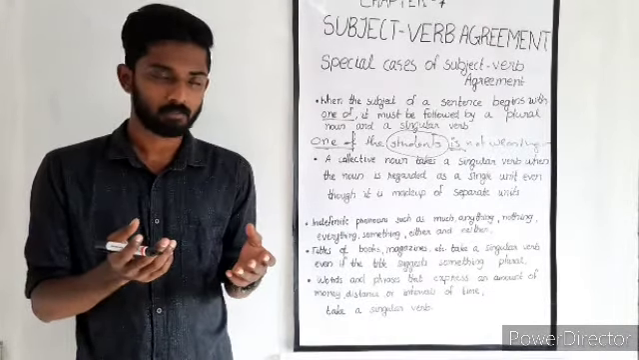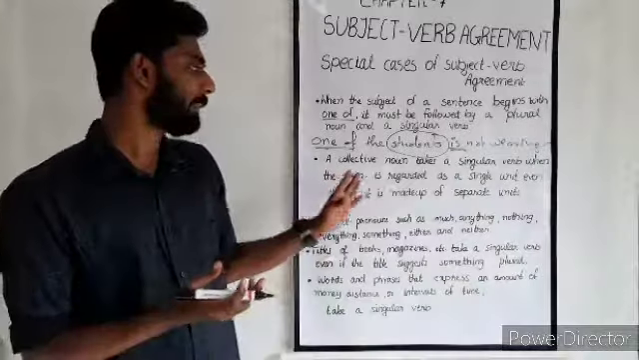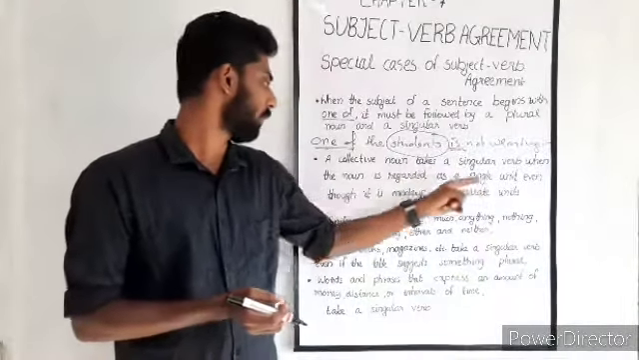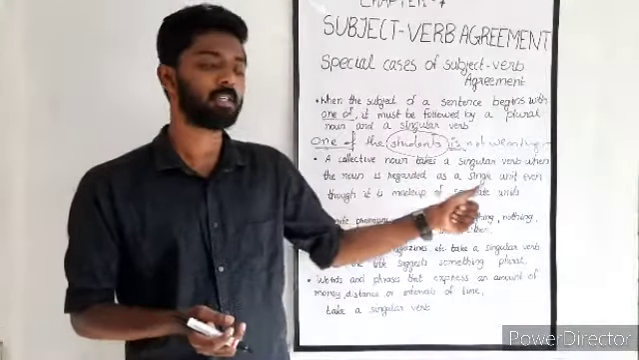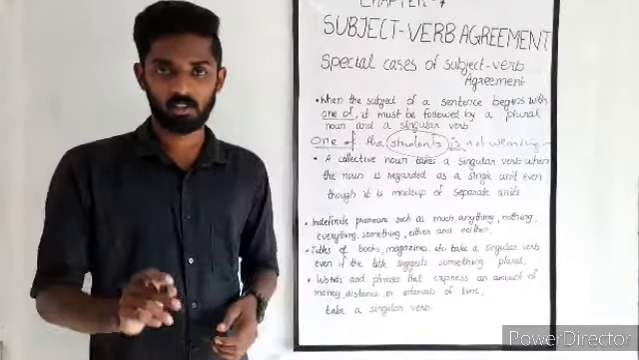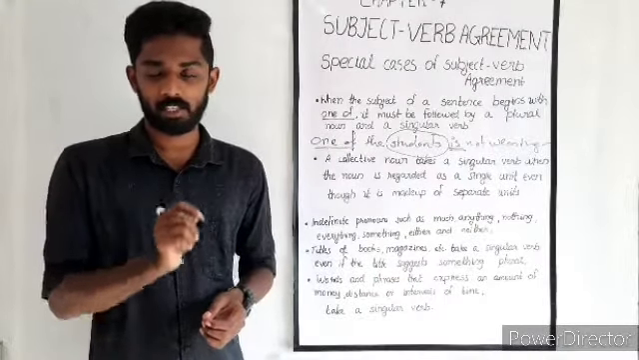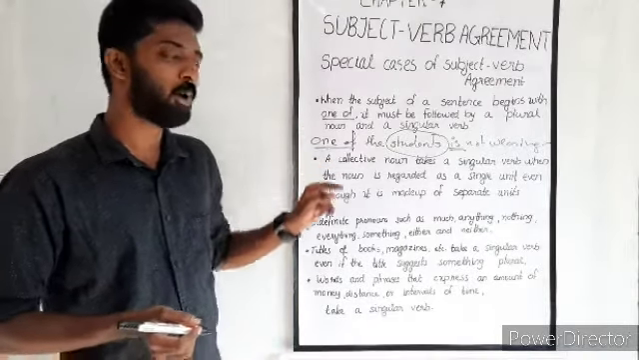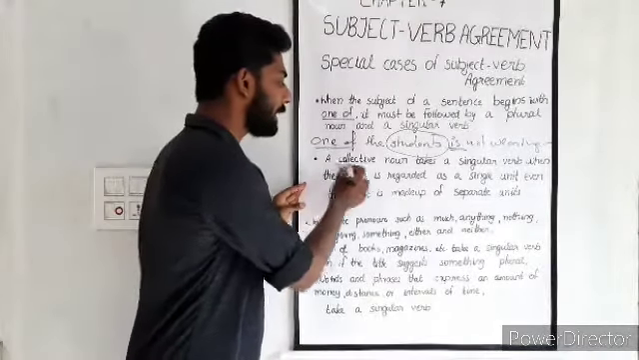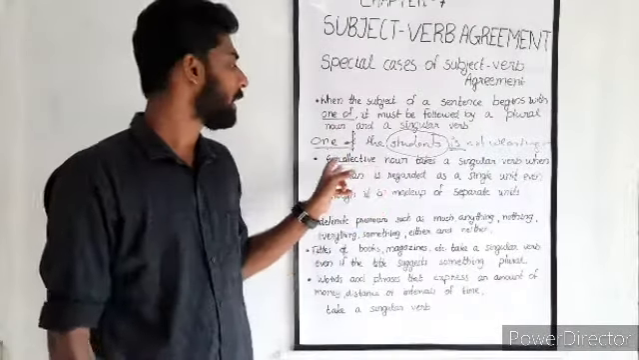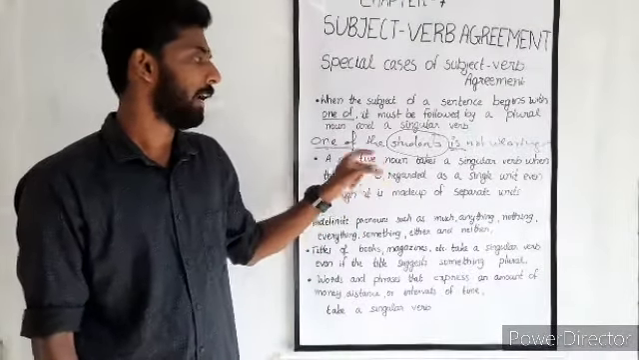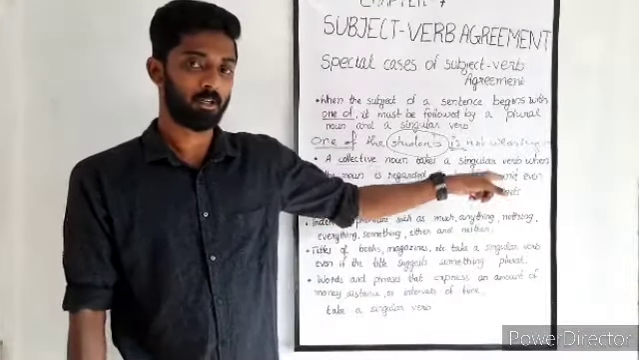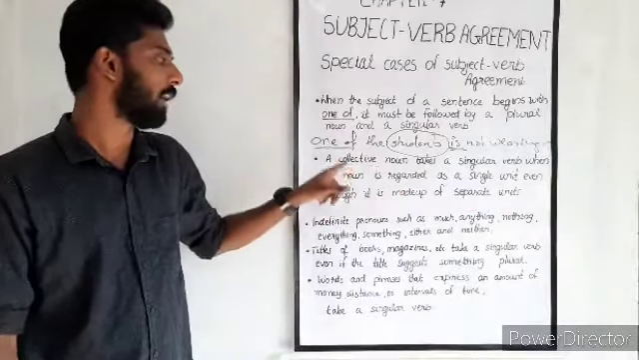For example, the collective noun takes a singular verb when the noun is regarded as a single unit, even though it is made up of separate units. The team is united in its desire to win. Here, the word team is a collective noun, and the collective noun takes a singular verb because the noun is regarded